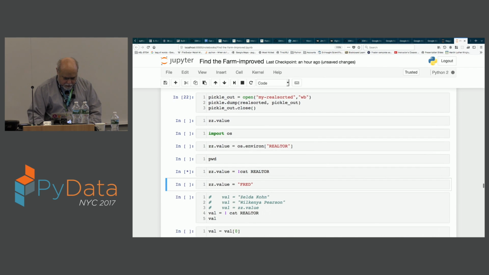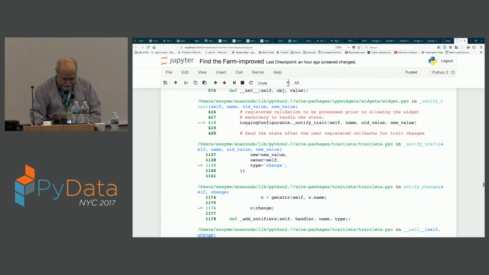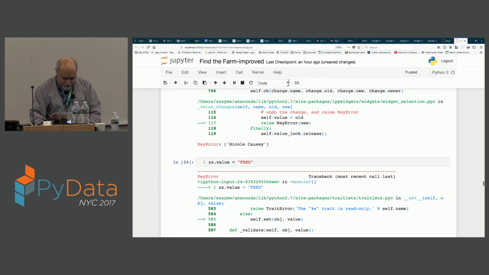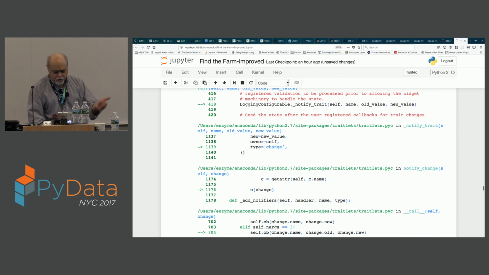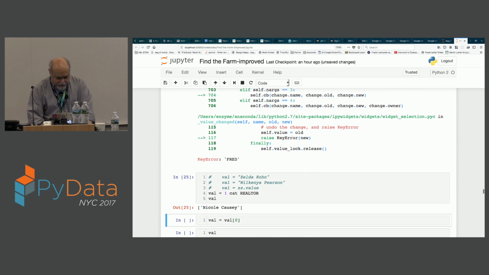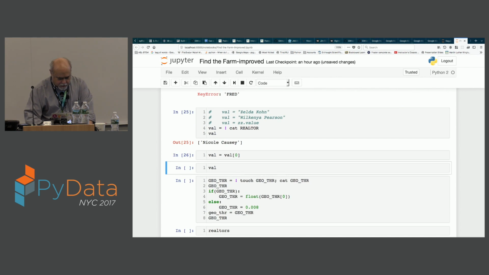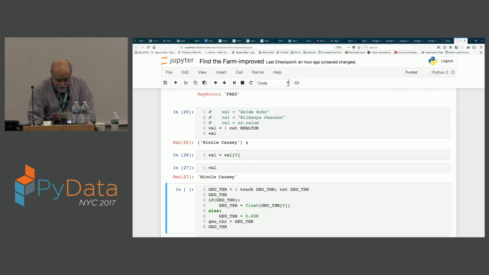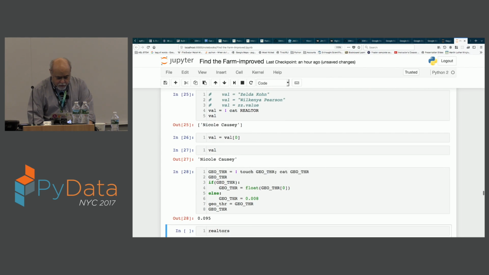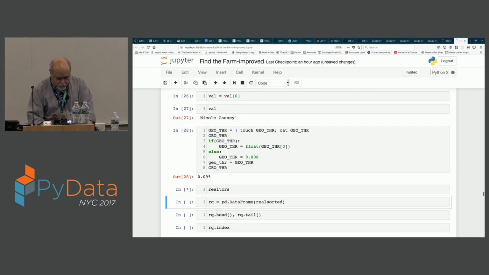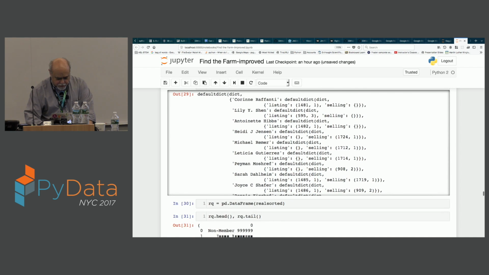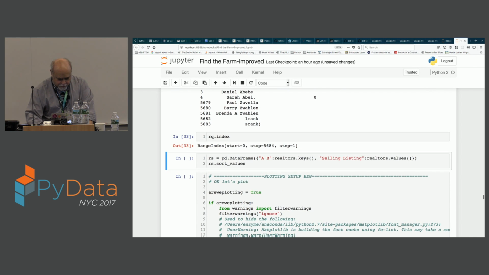And some things didn't work. We'll skip that. It didn't work because I couldn't change this widget object that I had created, but I can get it right here. It gives it to us as a list. And boom, we'll just run through this in the interest of time.